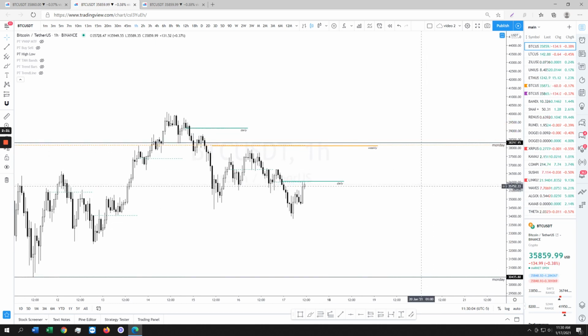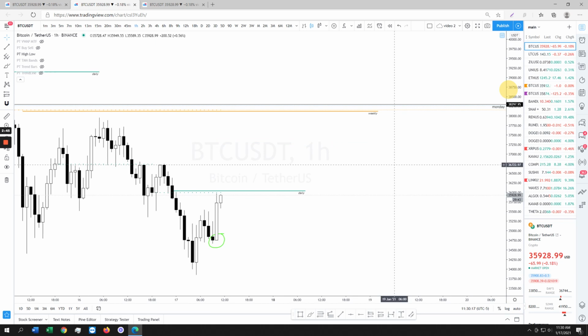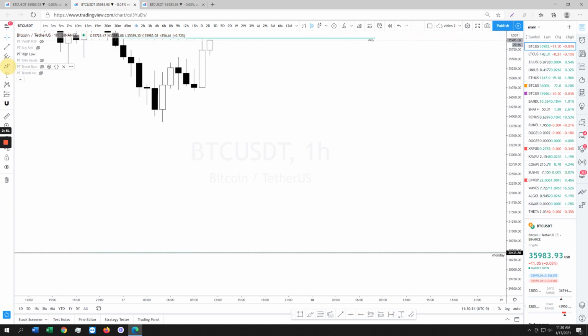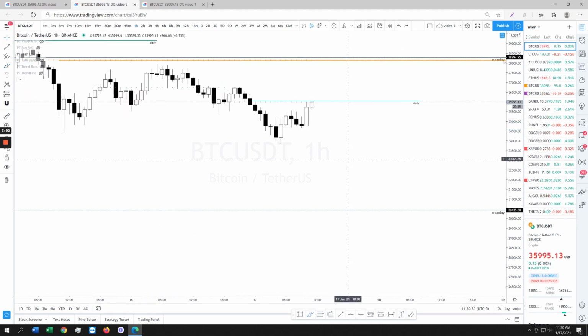So more often than not, when you have a flat open like this down here, I'll zoom in for you guys. See how there's a flat open here? There's no wick on this candle. See how this wick is completely flat? More often than not, it comes back down and retests this, wicks it, and then goes back up. So whether it happens now or it goes up first and then comes down, we're going to end up coming to retest this wick area. Right? Just keep that in mind, guys.